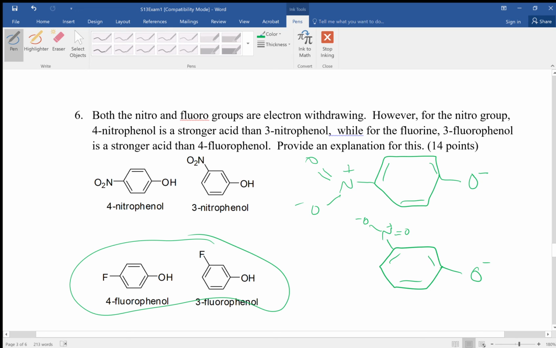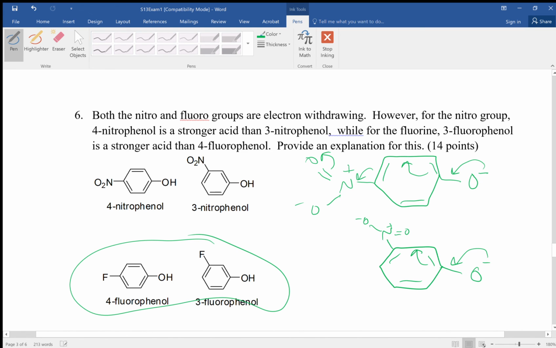What we find if we do that is that in the case of the 4-nitrophenol, this negative charge from the conjugate base can be stabilized by resonance into the nitro group. So not only does the nitro group help to stabilize the conjugate base through induction, but it can do it through resonance as well. For the 3-nitrophenol,